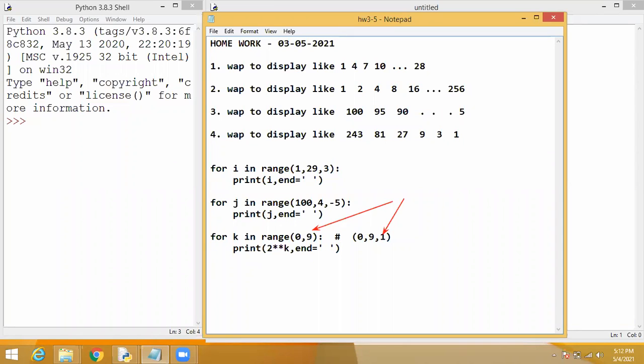Now tell me, students, anyone tell me what is the fourth program? The same concept, but this is in reverse order. From the first, what is this? 3 power 1. So this is 3 power 0. This one? 3 power 2. 3 power 3. This one? 3 power 4. This? 3 power 5. Okay, so now tell me what we should set in the range.